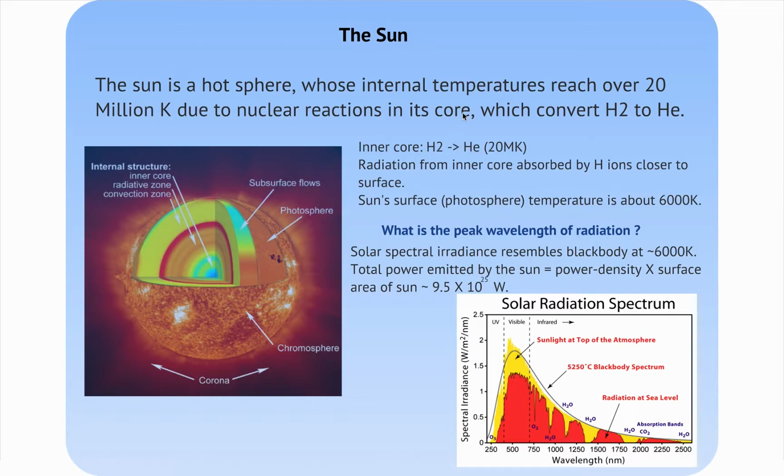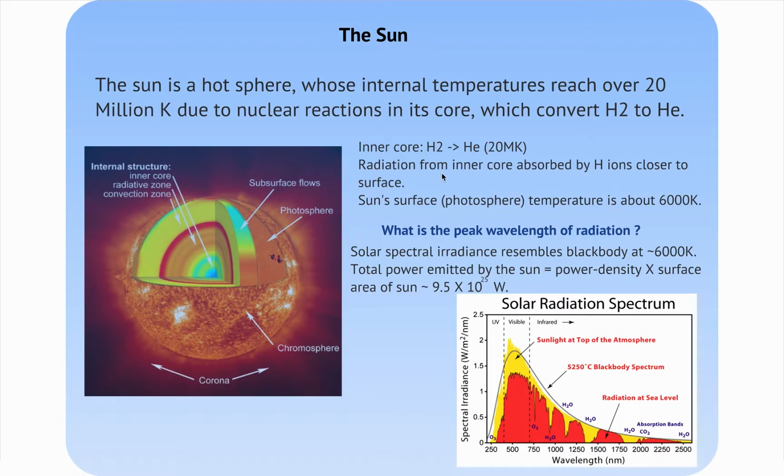Remember, helium has an extra neutron, right? So you've got to fuse two hydrogen atoms together to get helium. And that reaction produces massive amounts of energy. It's a nuclear fusion reaction, right? And that happens at very high temperatures. So this massive amount of energy essentially comes off as radiation, gamma rays and other X-rays, and visible, all kinds